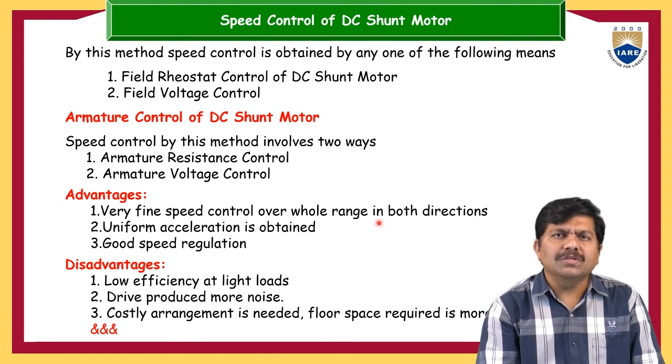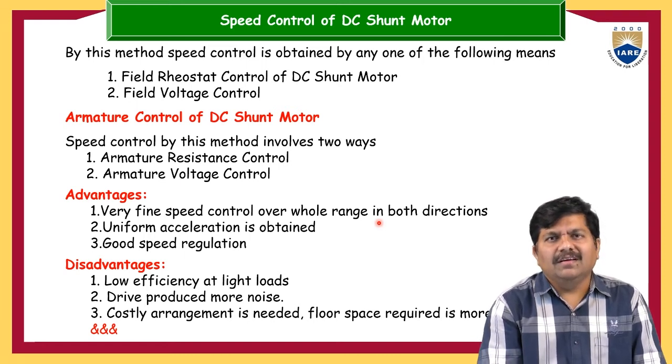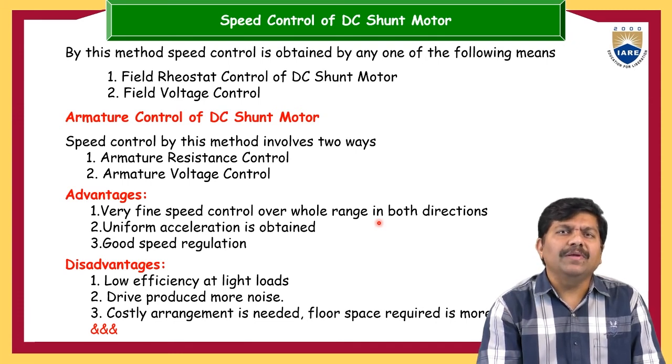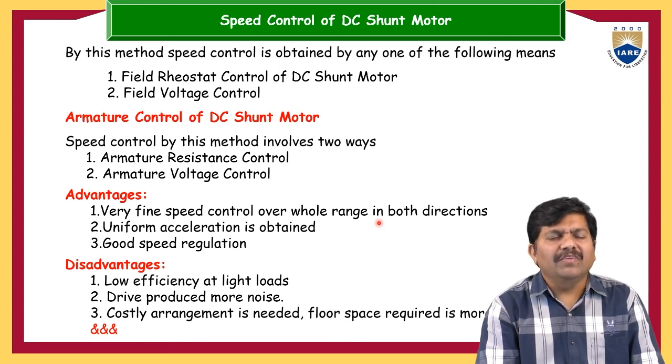The disadvantages are, if we are going to control the armature current, we have to insert some rheostats in series with the armature. If the rheostat is inserted, proportional to the loading currents, then temperature losses will be there. So this insertion of external resistance in series with the armature to control the speed will unnecessarily increase the power losses. If the power losses increase, the efficiency becomes very low, even at light loads.